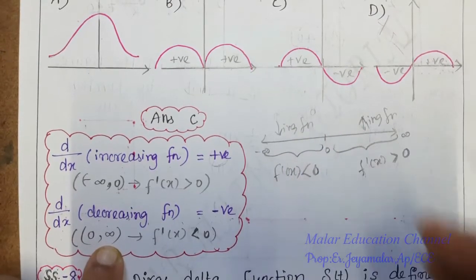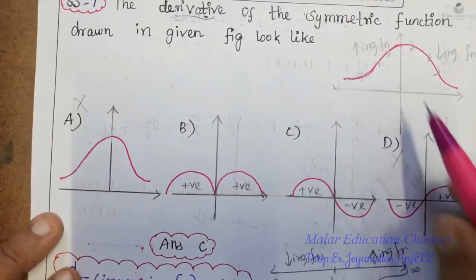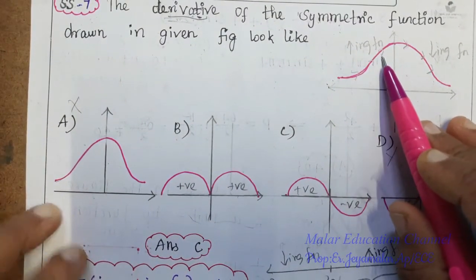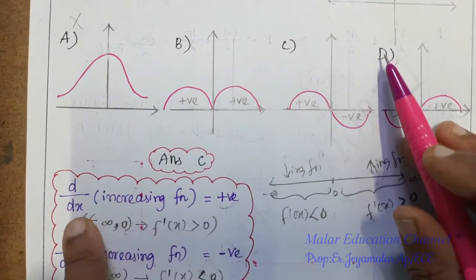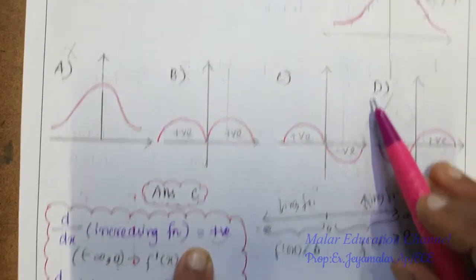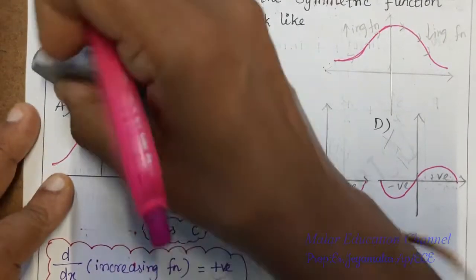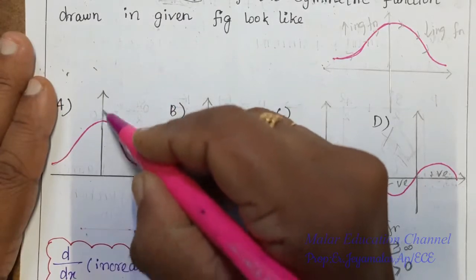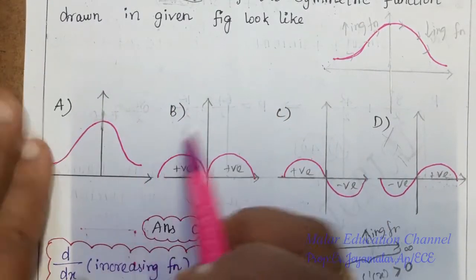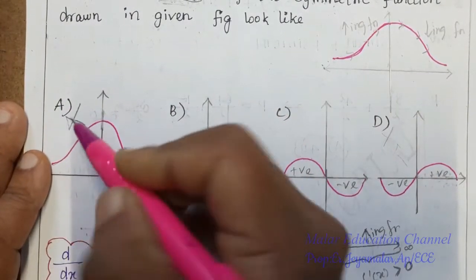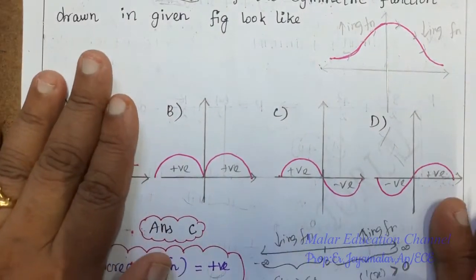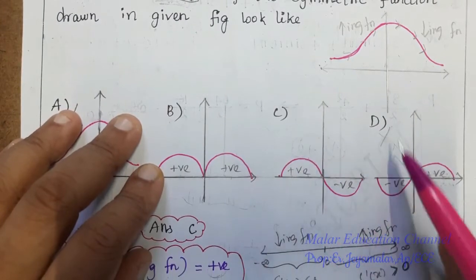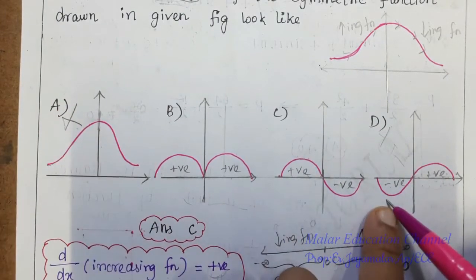Now check the answer. For the left side, this is an increasing function. Increasing function means positive. For increasing functions, the derivative is positive. See the first diagram. Given the function as well as the given diagram, the first option is the same. This is not a derivative part of the given function, so option A is wrong. Next, you have to check the remaining parts for the positive direction. Option B is also positive, C also positive, D also, but here D is negative. So option D is wrong.